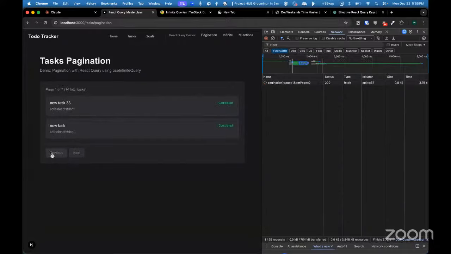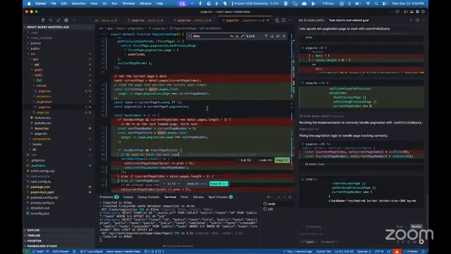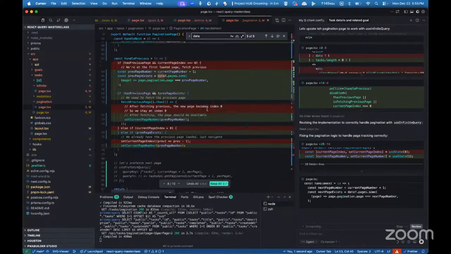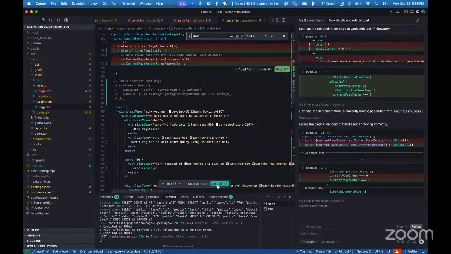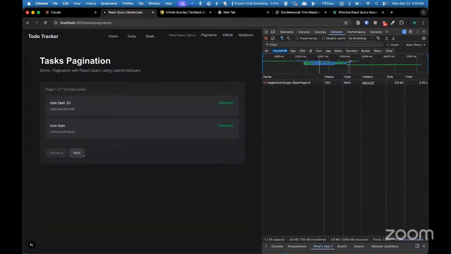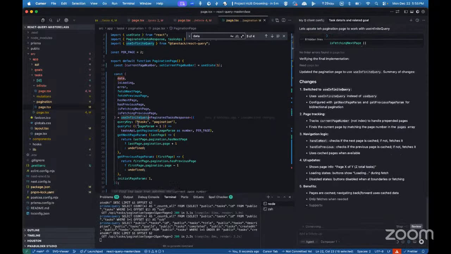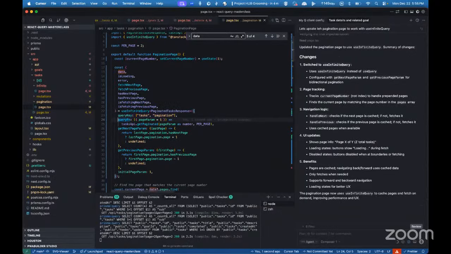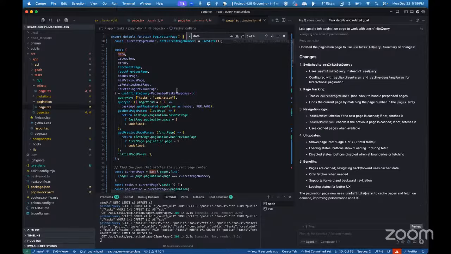अब भी इसका लॉजिक नहीं सही, नेक्स्ट और तो आई थिंक फिनिश्ड। अब देखें, ये नेक्स्ट पेज फैच हो गया। इसने यूज क्यूरी से ही कर दिया, यूज इन्फिनिट क्यूरी से, क्यूरी फंक्शन। अब बेसिकली क्या हो रहा है, नेक्स्ट पेज वाली जो स्टेट थी वो इधर क्यूरी के अंदर मैनेज हो रही है, हमारे पास वो नहीं है कि इसने करंट पेज रखा है। बट ये मेनली स्टेट यहाँ पे अपडेट हो रही है,